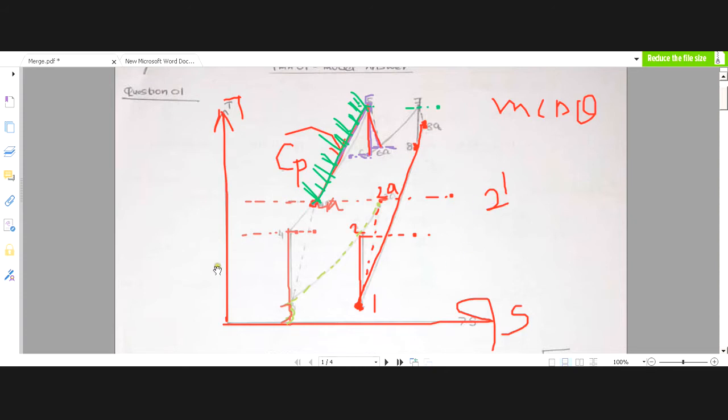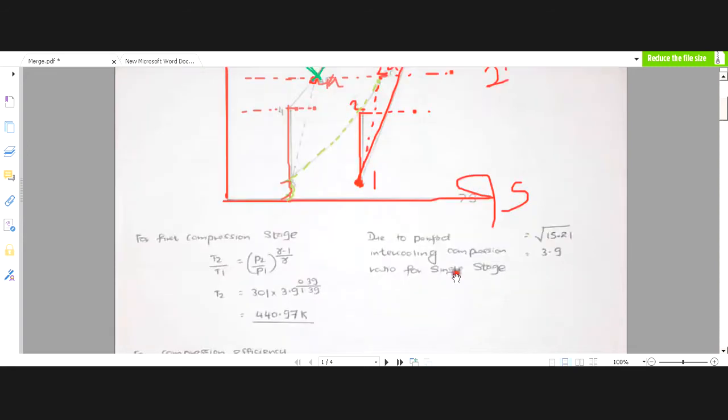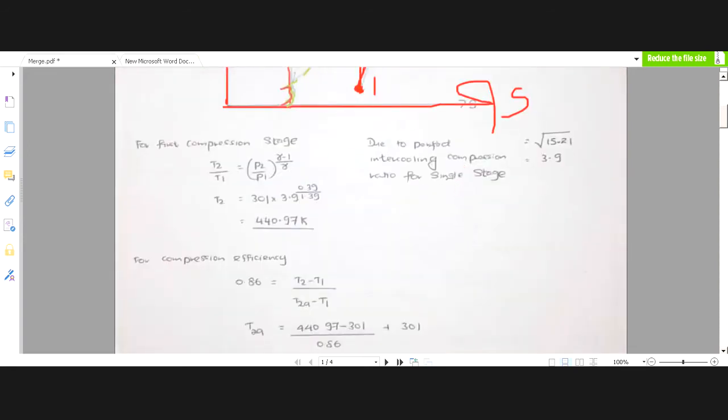I think now the TS diagram is very much clear, so be very careful in sketching the TS diagram. That is very important, because now you know the facts. I don't need to explain it again. Okay, so now quickly let's focus on the rest of the calculations. Very important, we don't have much time.